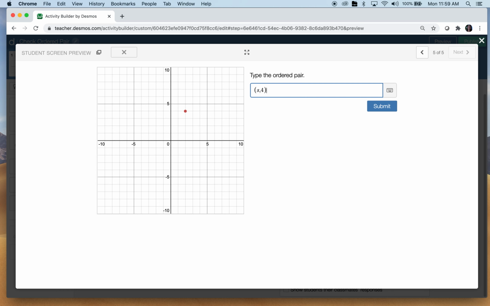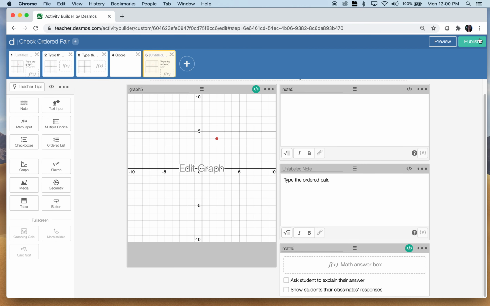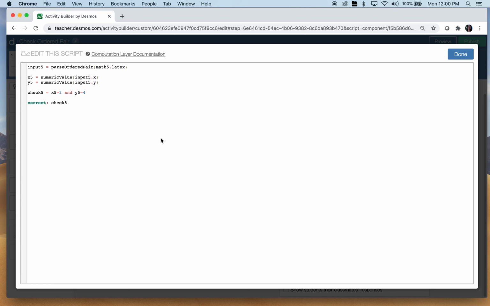So 2, 4, 2, 4. There we go. And it lets the teacher know that it's correct. All right, now we want the student to know. So I don't want to type all of that over. I'm going to go back into the math input computation layer, and I'm going to copy everything except that last